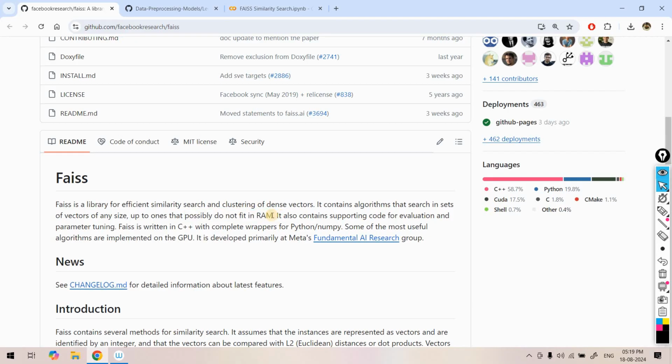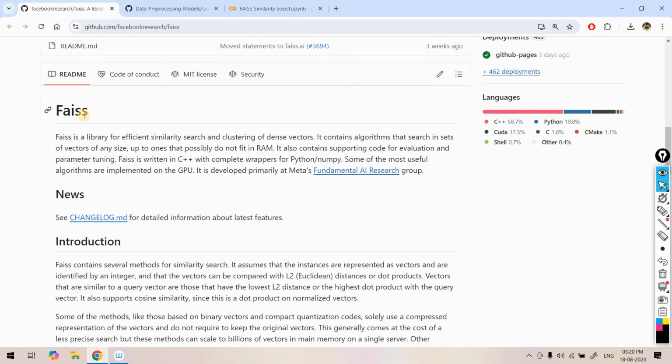So in short, you can understand that FAISS might not be a very good vector database choice for very big embedding vector storage, but for low to medium size embedding vector storage and performing similarity search and clustering without any major overhead, FAISS can be a good choice. Okay, right? Now in this video we are going to explore how we can store embedding vectors in FAISS and